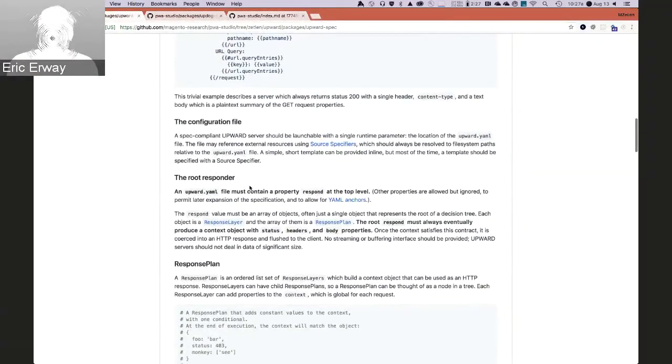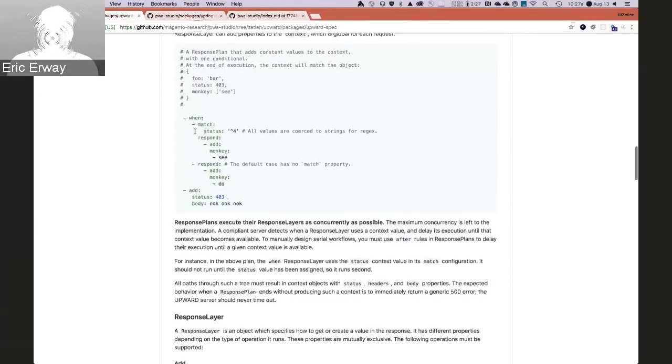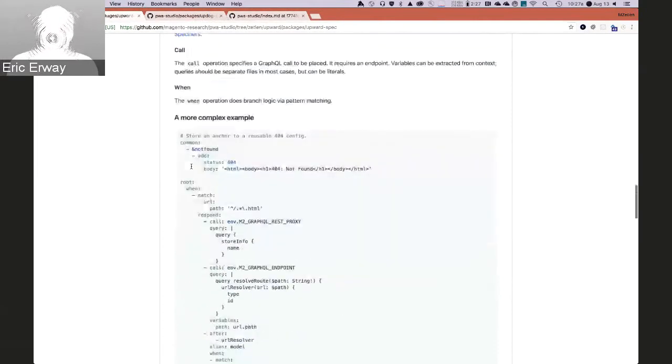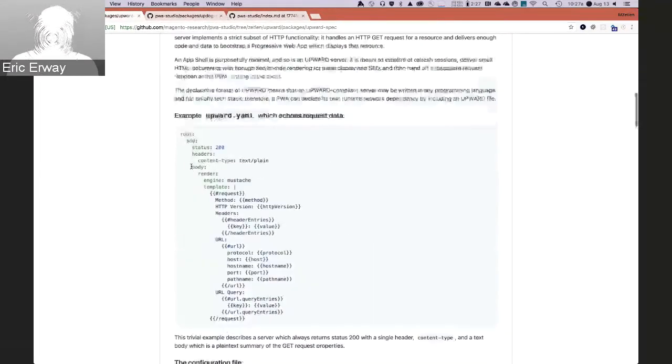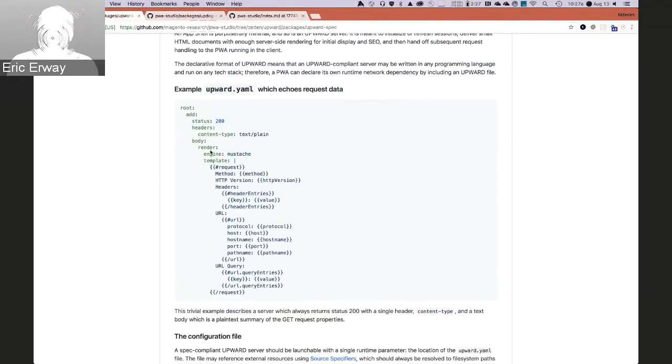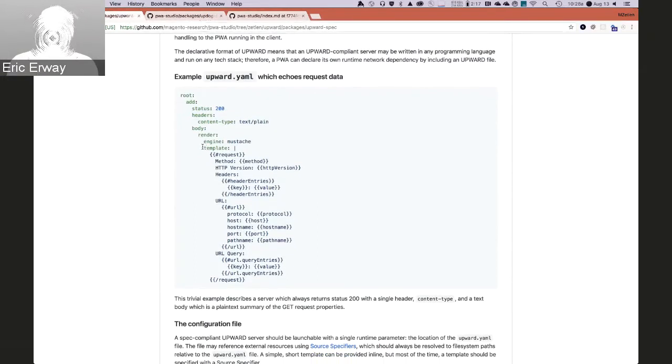So the idea here is that you can assemble responses based on just simply populating a big fat context object with things. For instance, in this declaration file that's up here, there is a request object which begins the cycle and is always present. And because this doesn't do anything but add a status value to the context and some headers and a body, it's not going to add anything else or receive anything else from the context beside what's built in. And so there is a Mustache template that renders what's available in that request object,